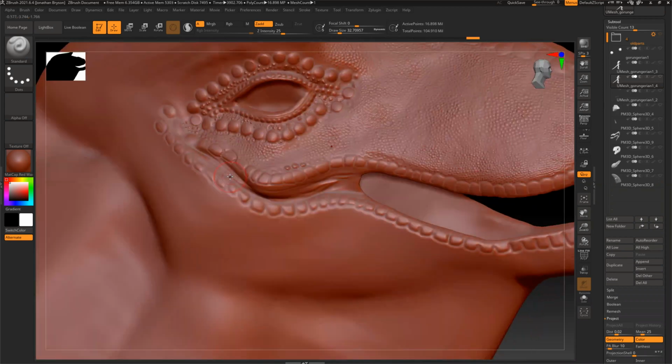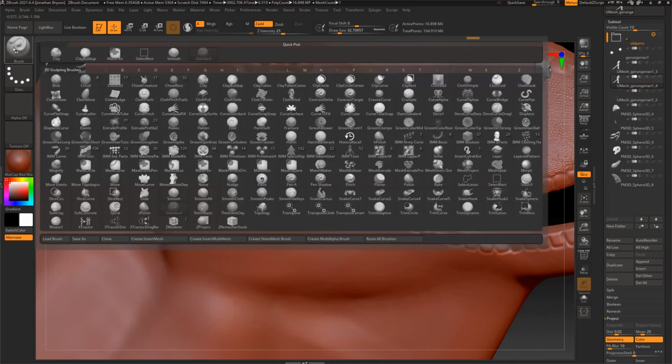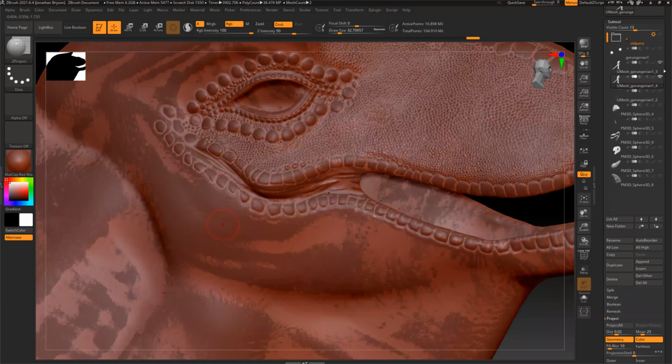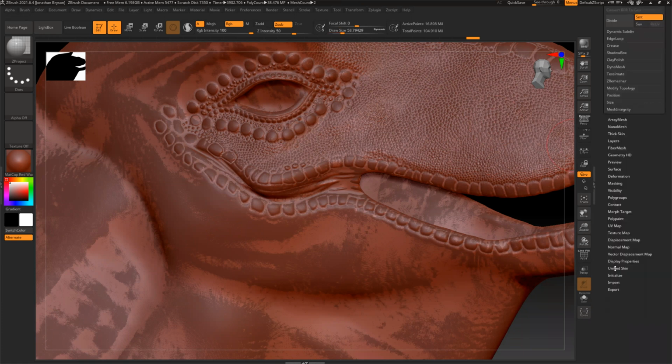So there we go. I do want to show you a tool in case you're having some spots that aren't projecting properly. What you can do is there's a projection brush you can use, which is right here, Z project. So what you can do is basically just kind of forcefully project the mesh if you need to. So say, for example, if you're not getting as good of a definition or it's just not working, with Z project turned on, the brush turned on, what I can do is maybe jump up to